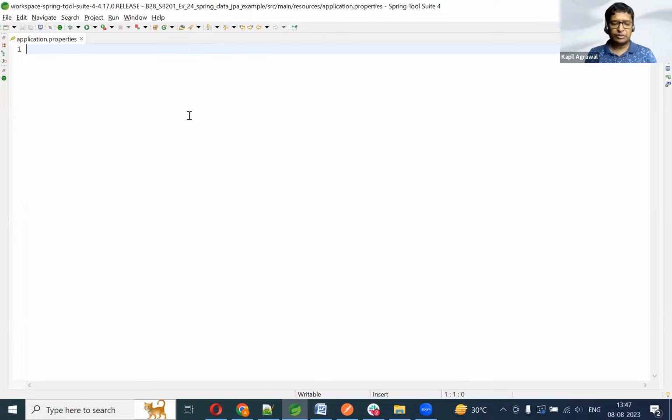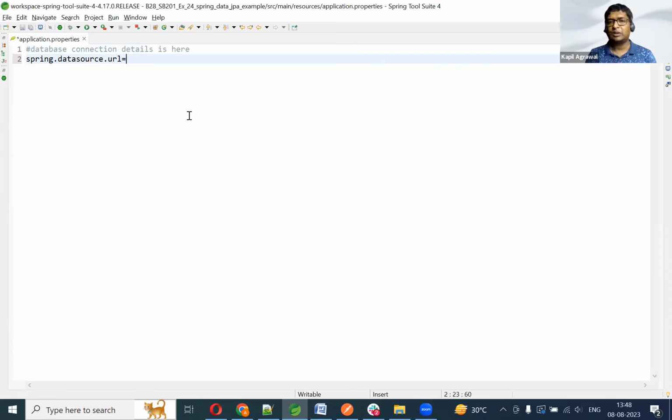So if I'm talking about database connection related detail, this is the comment I'm writing: database connection details is here. If I'm talking about the database connection detail, the first thing that I need to write down is spring.datasource.url. Into the spring.datasource.url, we are writing jdbc:mysql://, then we are talking about the host name, that